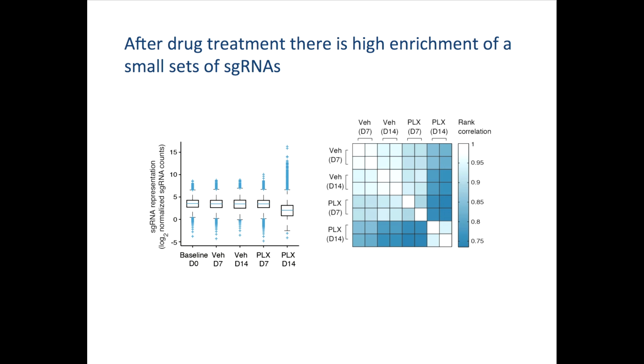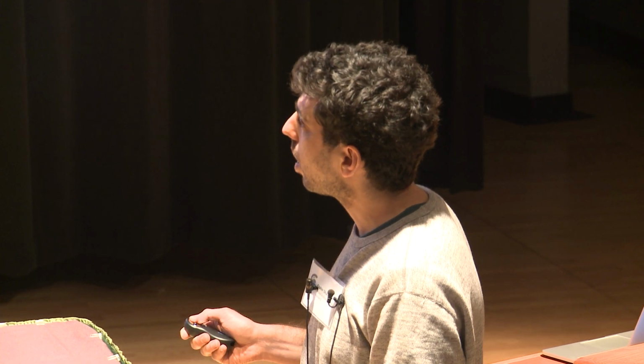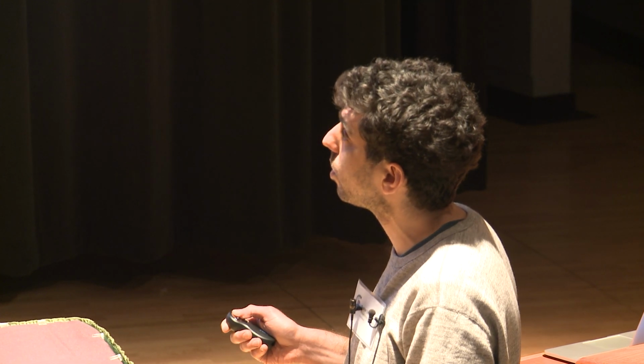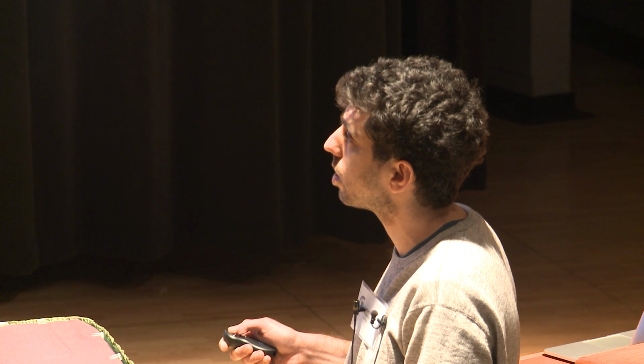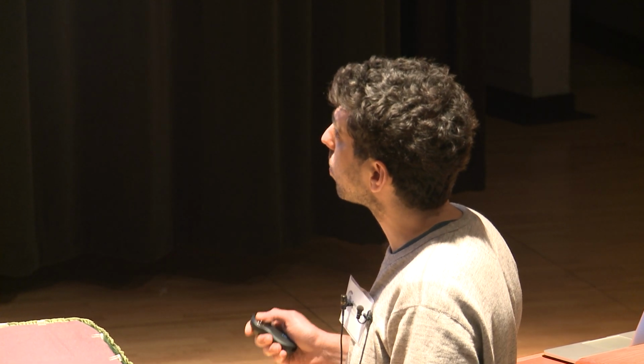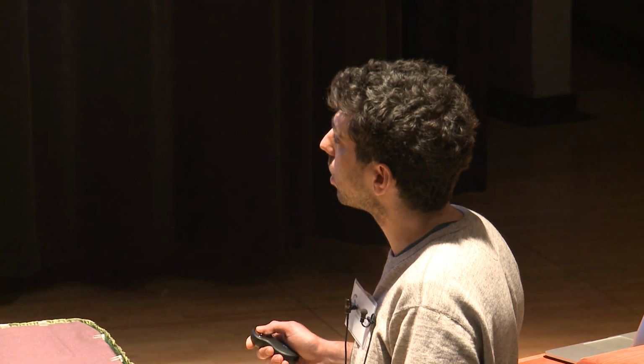And what you see here is the distribution of representation of the different sgRNAs, and on the drug at day 14, you can see a very large shift in the distribution, such that most of the sgRNAs are depleted, but very few are very highly enriched, and this is a log scale. So this enrichment is pretty strong, and you can see also by just unbiased clustering that day 14 is pretty different from the other